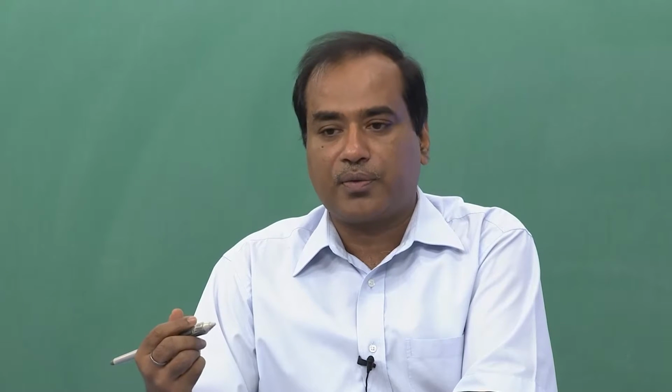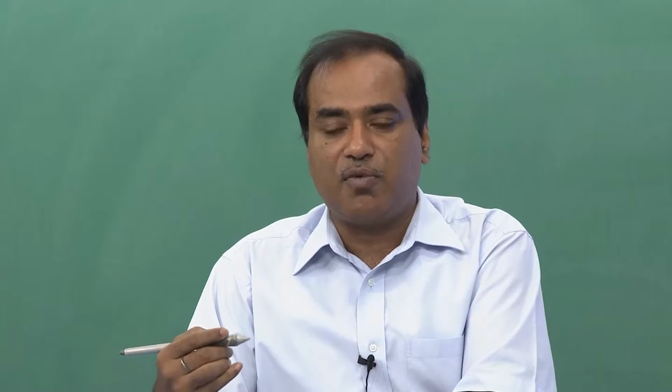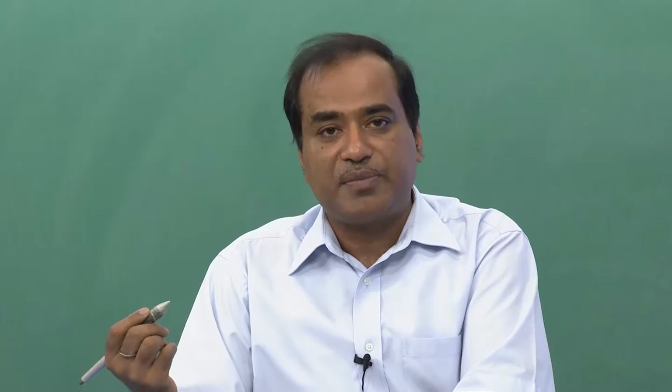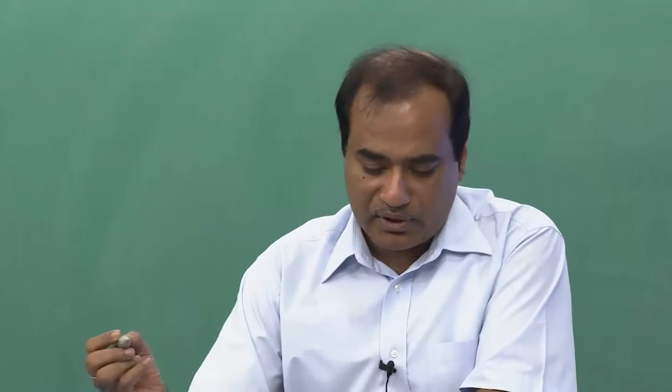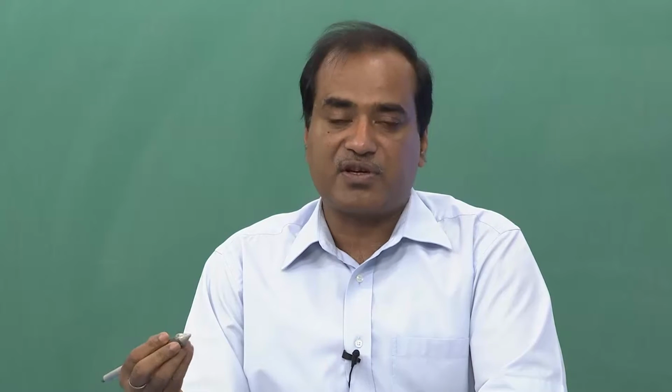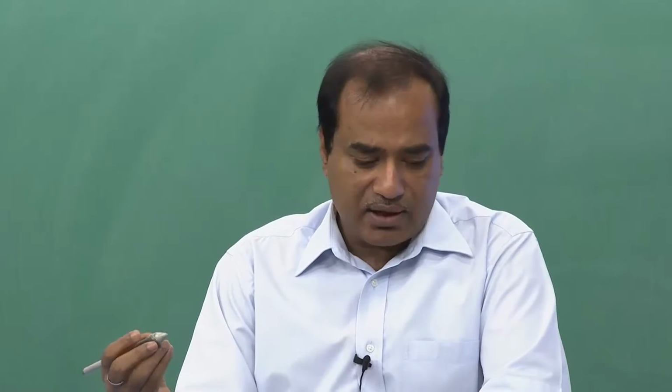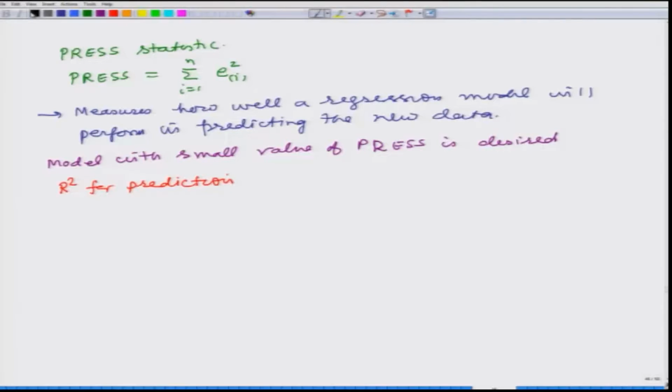Now, once we have obtained the model, we would also like to know what will be the performance of my fitted model when it is used for prediction. So, in order to develop a goodness of fit statistic, we use the PRESS, and we define here an R square like statistic,